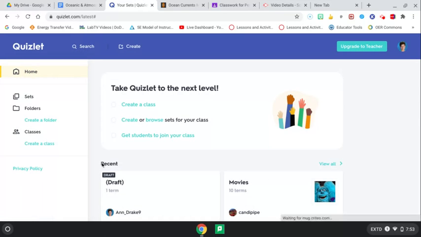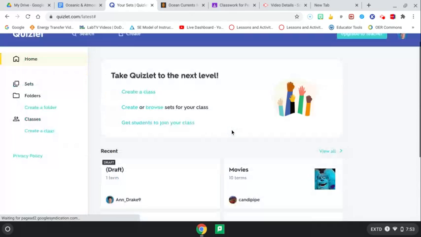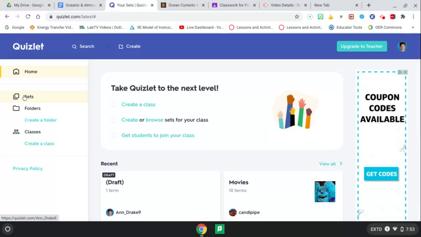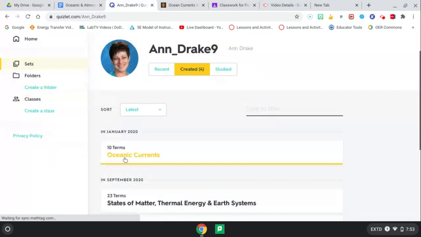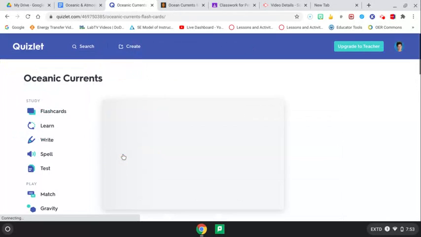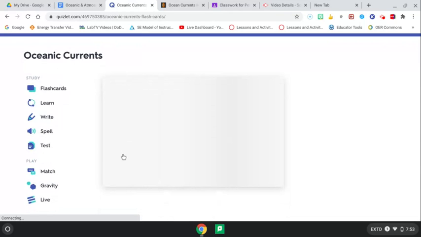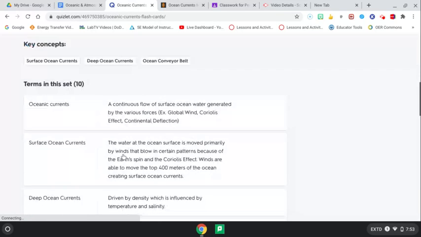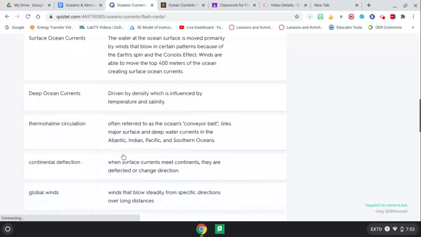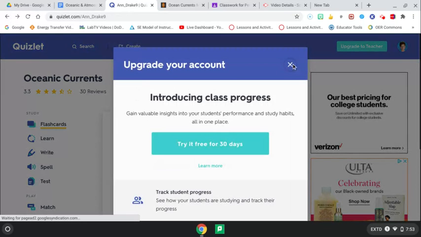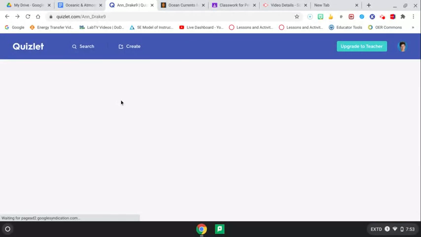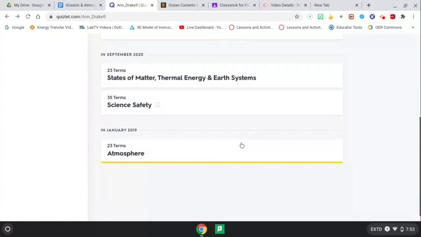My end's going to look different than your end. So there's oceanic currents, and there's 10 terms. Let's see if it's the right one. So that's the long and the short of